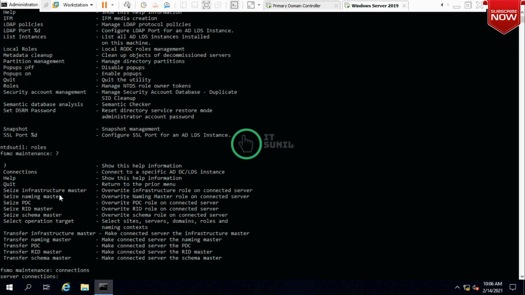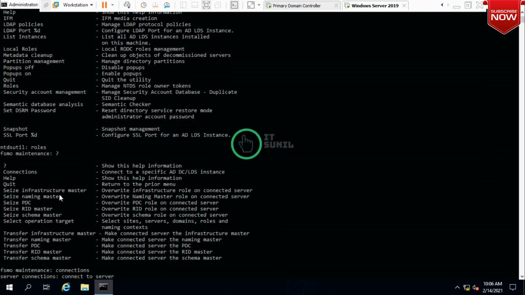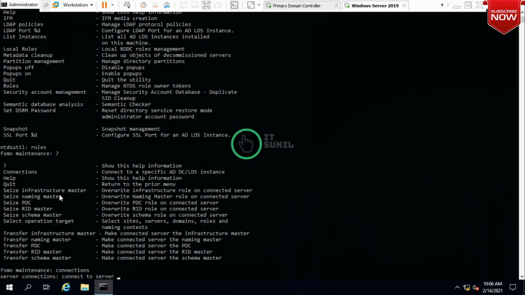Now type connect to server, the server where you want to transfer this role. I'm going to transfer this role to Windows Server 2019, so type server 2019 and click enter.